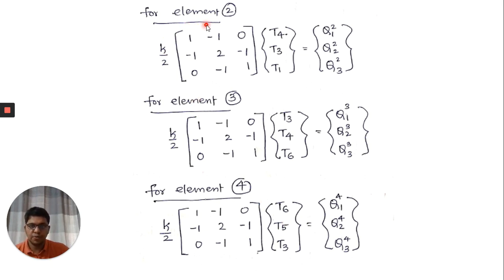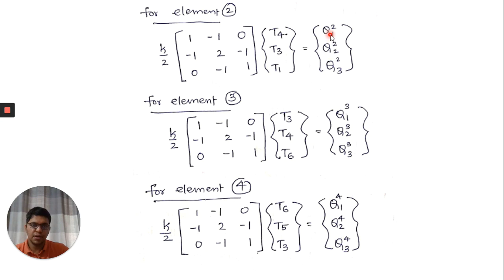Similarly, you are able to write for element 2, the elementary stiffness matrix. First local node represent the fourth global node. Second local node represent the third global node. Third local node represent the first global node. So T4, T3, and T1. So similarly,